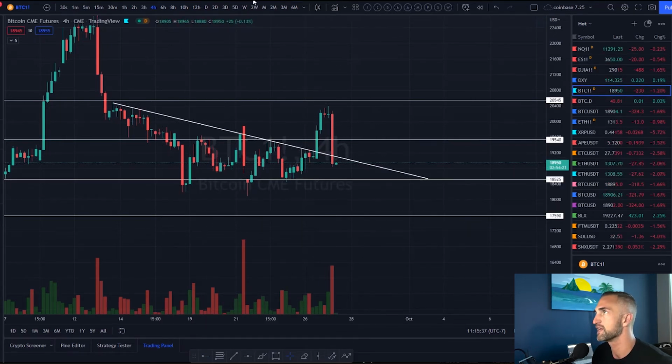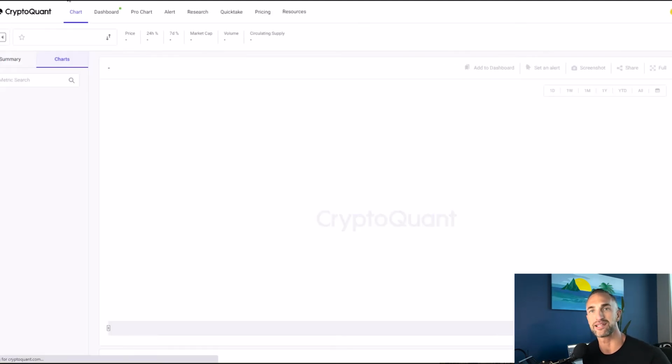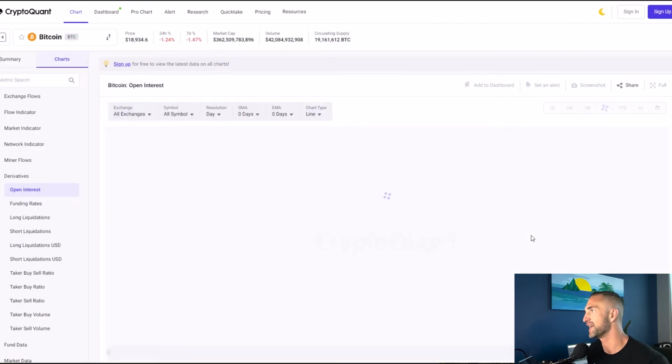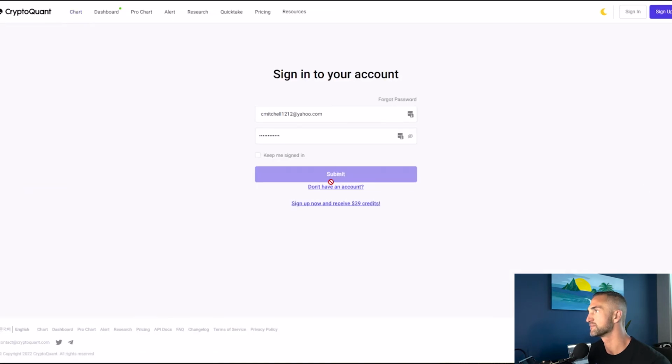And because there is quite a bit of leverage in the market, the other thing we take a look at is the open interest. That is all the leverage positions on the board. Quite a bit of leverage right now. And when leverage gets way up there, and I'm talking way up there,